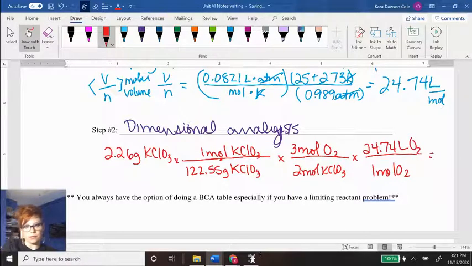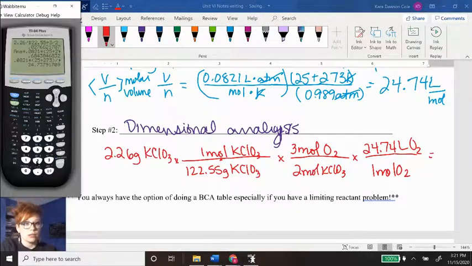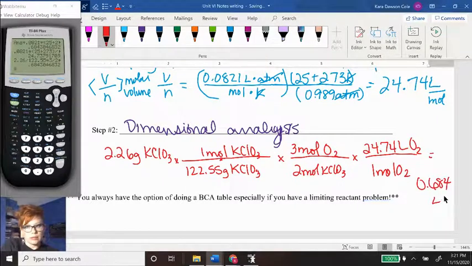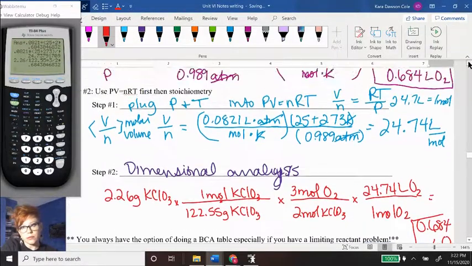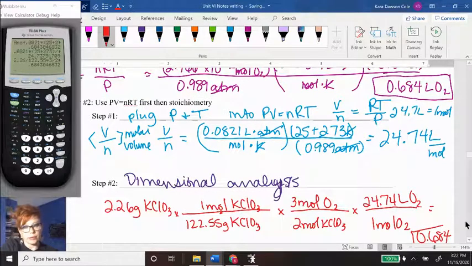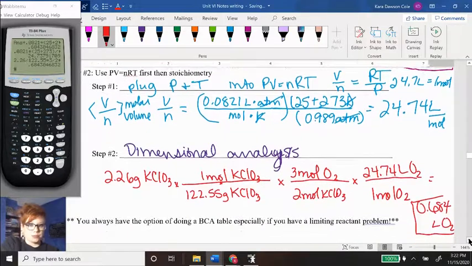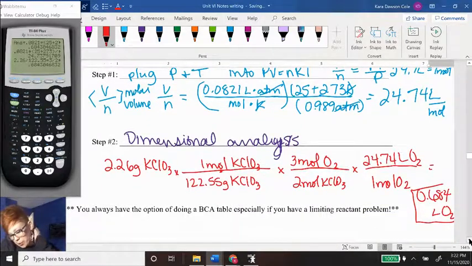Plugging all this into my calculator, 2.26 divided by 122.55 times 3 divided by 2 times my second answer gives me 0.684 liters of oxygen, which is exactly what I got at the top up here, 0.684 liters of oxygen. So again, there's 2 ways to do this, but both of the ways you're going to be